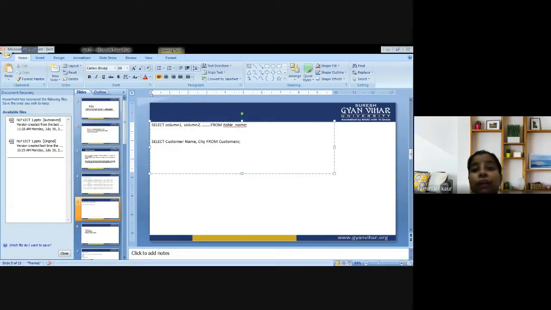There are 91 records, and we are presented with the 2 columns, customer name and city, in the form of this. You will be presented with the same result.